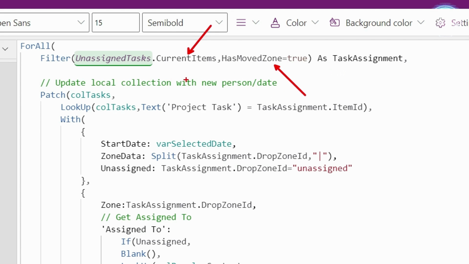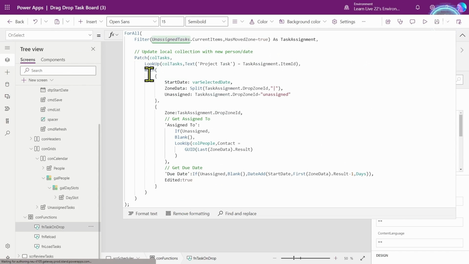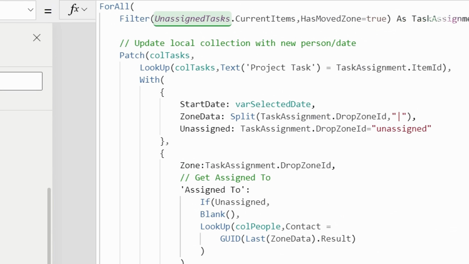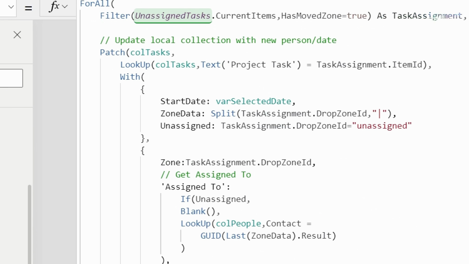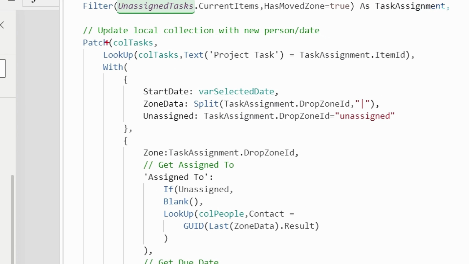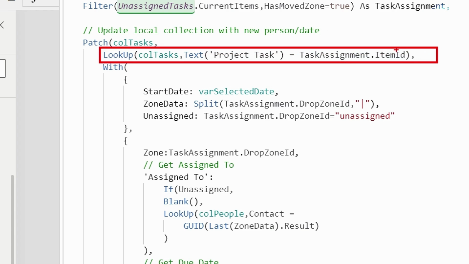And what we're going to do is for each of those items that have moved zone, we're going to patch that call tasks, and we're going to look up the particular task that we need to patch. And we use this special item ID. And I remember from our previous video, we set the item ID to be the task ID from Dataverse.